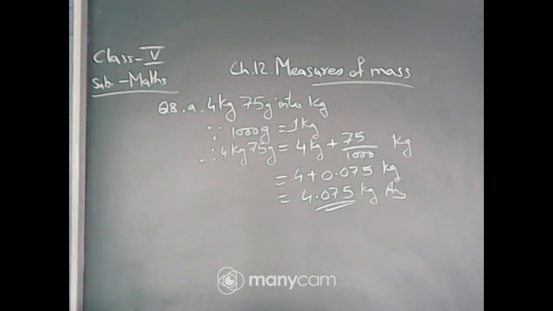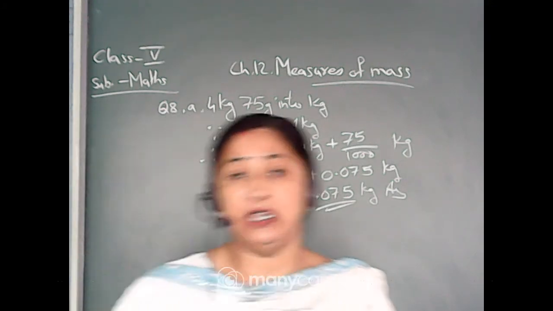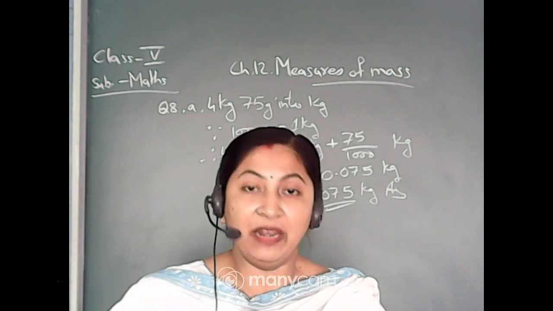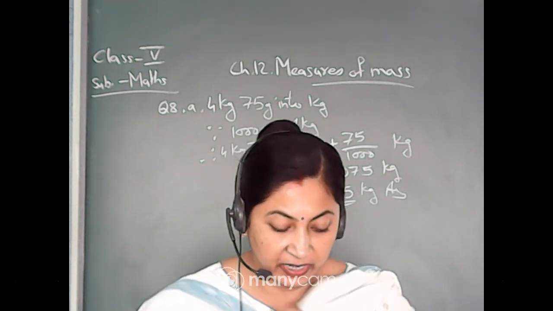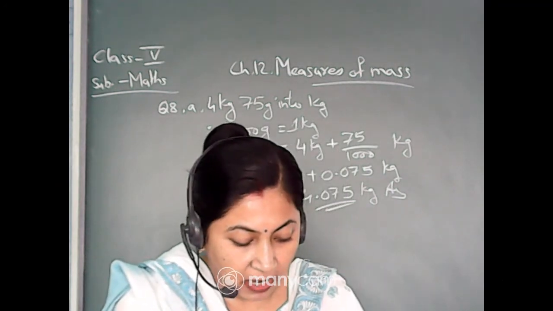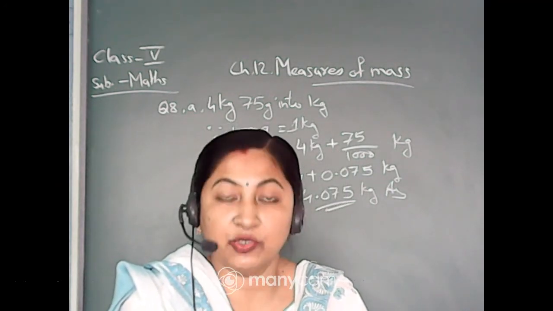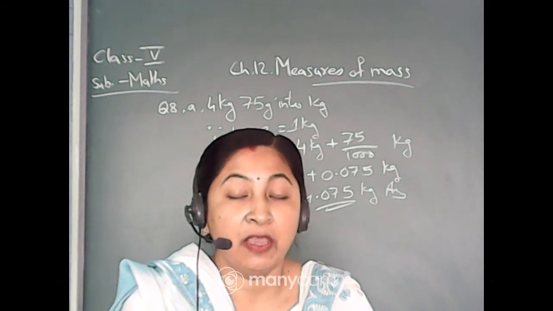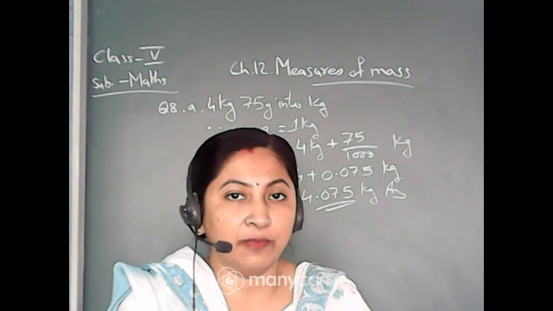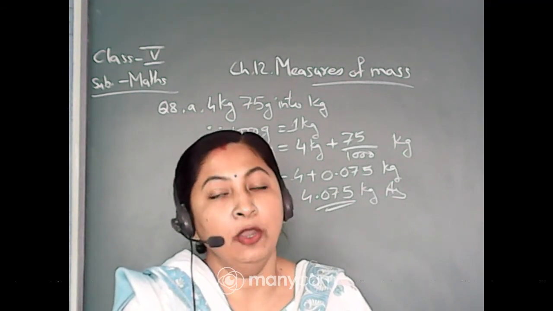Now come to the next exercise. Next exercise 57. Addition and subtraction. See, addition and subtraction, it is very easy. You will first of all arrange it in the column and then you will add or subtract. Okay, here it is given kg, then milligram, like this. Some are given in kg and gram, some are given in gram and milligram. So whatever it is given, first of all you will arrange in columns. That means first the kgs column and then the grams column. Then write it down and then add or subtract.